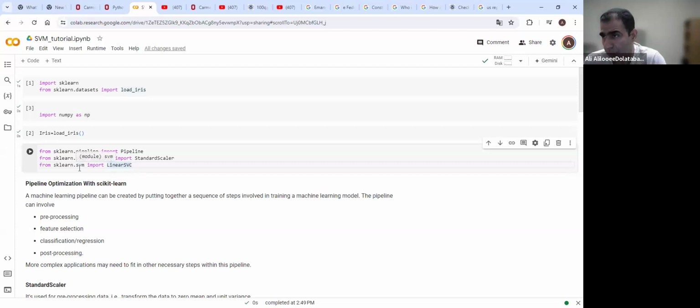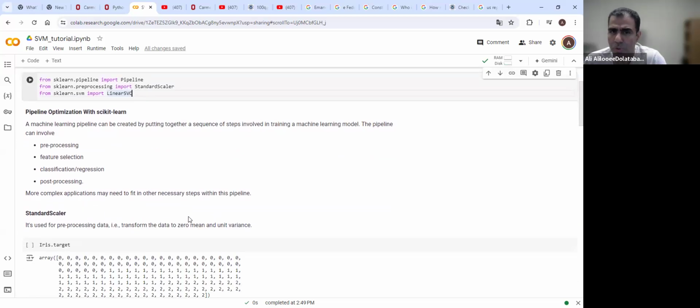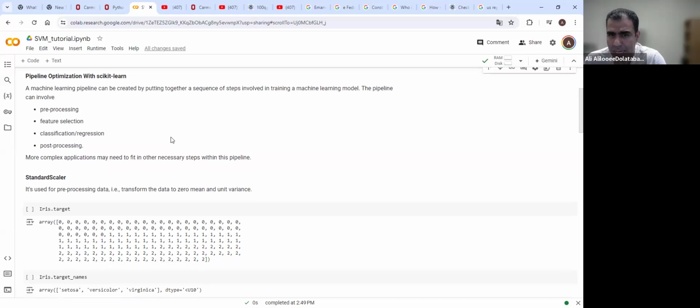And this is the SVM that we want to use here. Again, from sklearn.svm, we will import LinearSVC because we want to use linear SVM here. Then what we want to do is use this pipeline for first preprocessing and after that running SVM. It means that we want to do two things, and as I explained before, these two steps can be done separately. But if we want to do this in one package, then it can be done by using pipeline. So we were talking about standard scaling, and to see what the standard scaler is, let's see a little bit about the